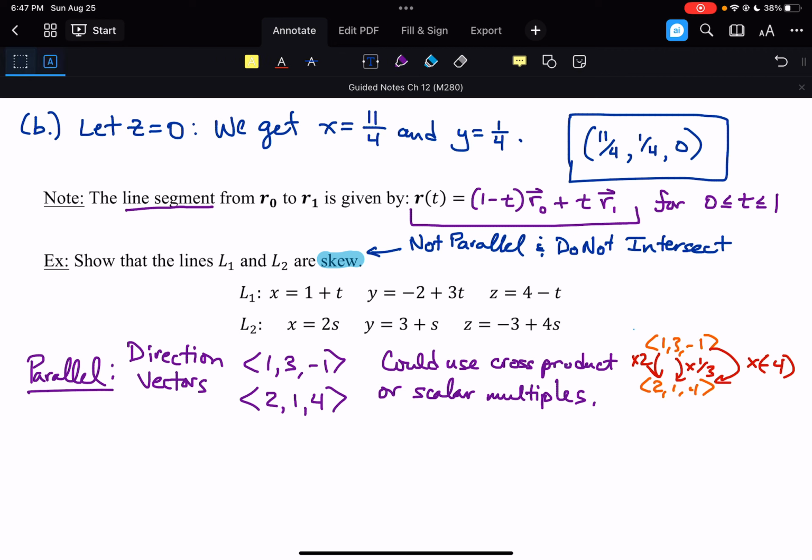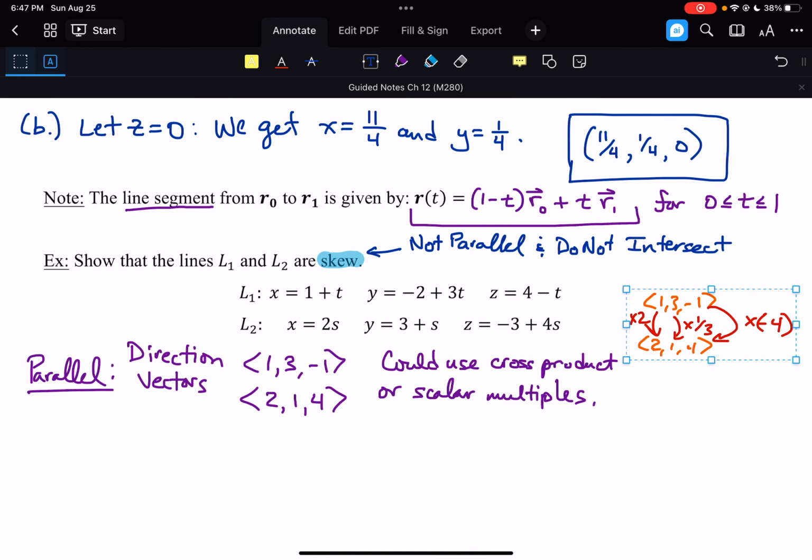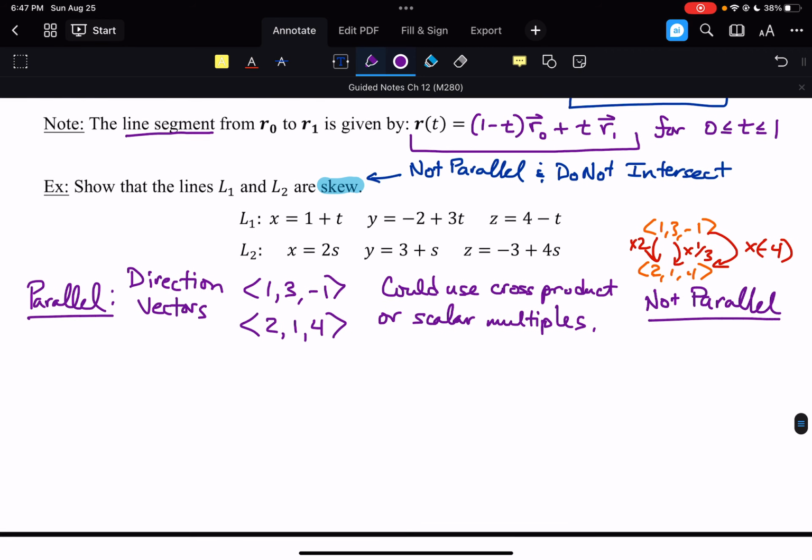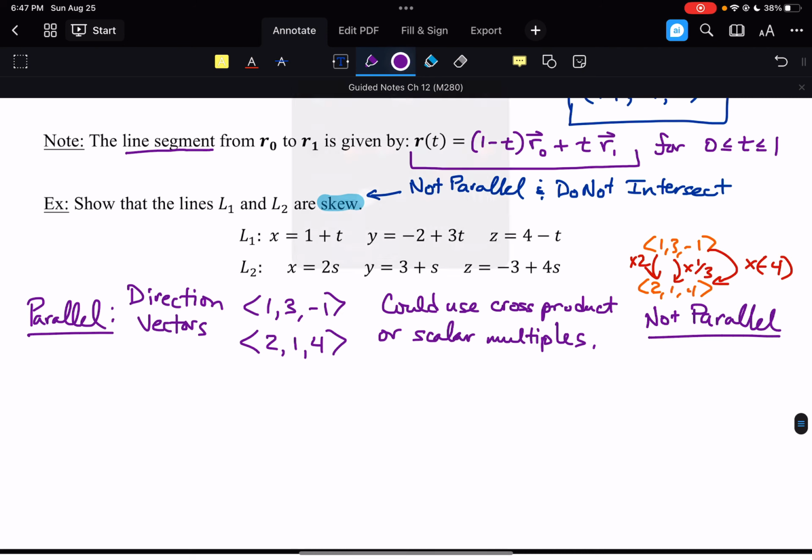So not parallel. So these ones are not parallel. And again, if you like to use the cross product instead, just take the cross product, show that it's not 0, and you'll get the same result. It's a little more systematic that way. And then the follow-up,